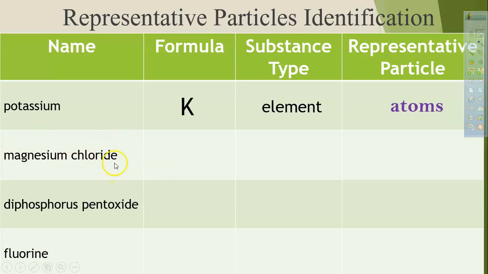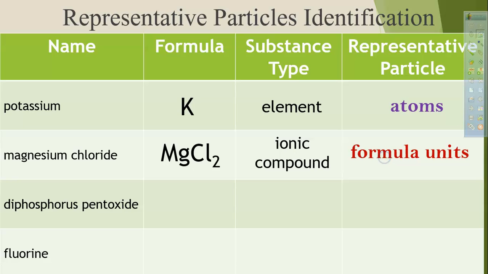Magnesium's a metal and chlorine's a nonmetal. So do you remember the formula? MgCl2. What substance type is that? Well, that's an ionic compound. Okay, and we call that formula unit. Diphosphorus pentaoxide. Okay, well that is going to be